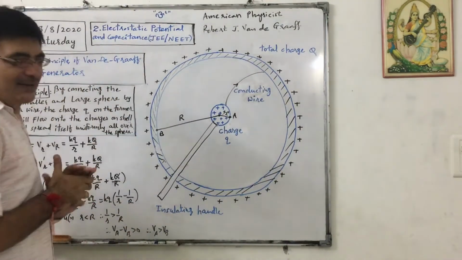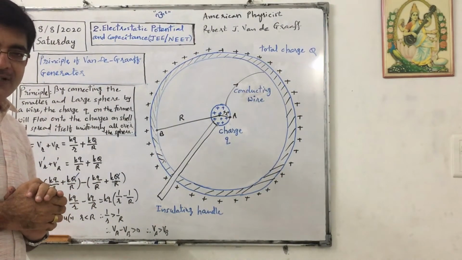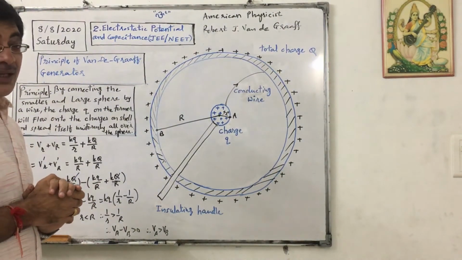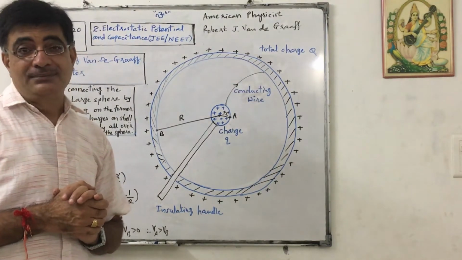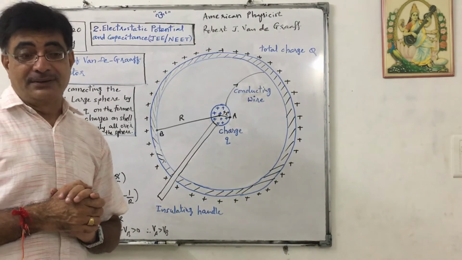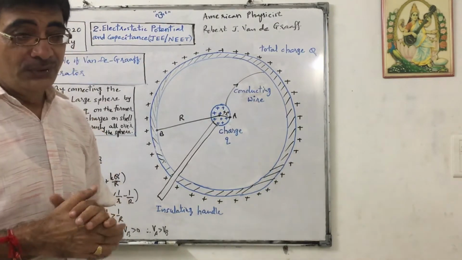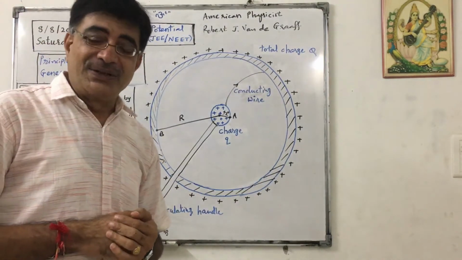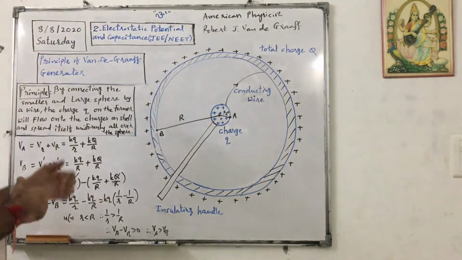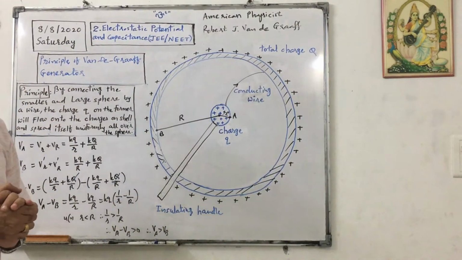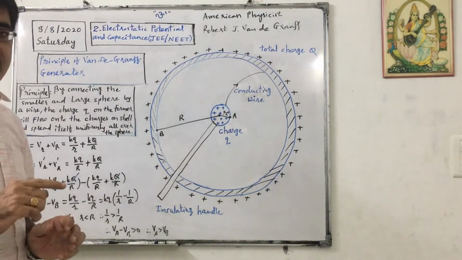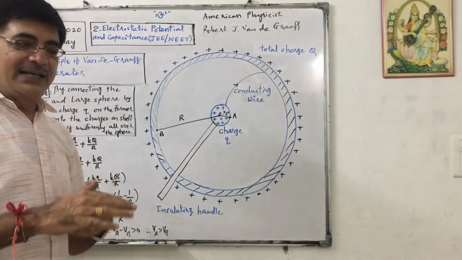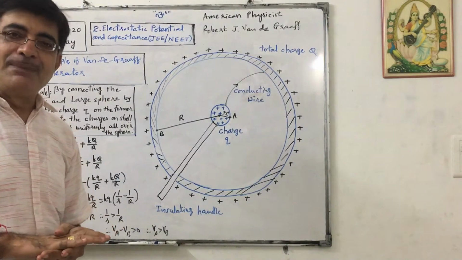We will learn a topic that is not in our NCERT textbook syllabus, but it is important for our concepts and useful for future studies. The topic is the Van de Graaff generator. There are two topics: today we will discuss the principle of it, and in the next lecture, construction and application.